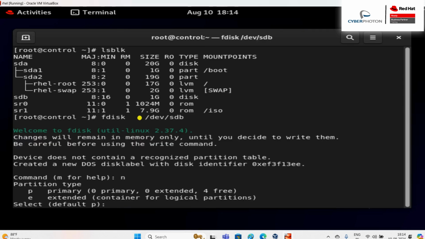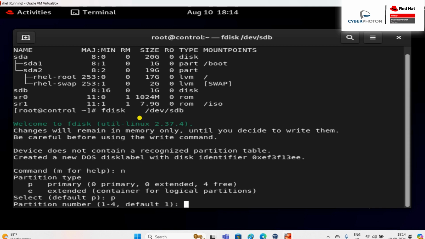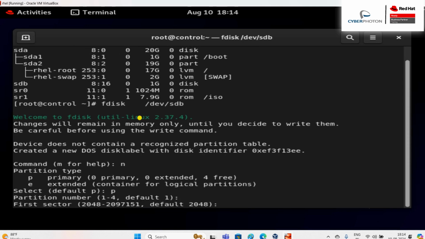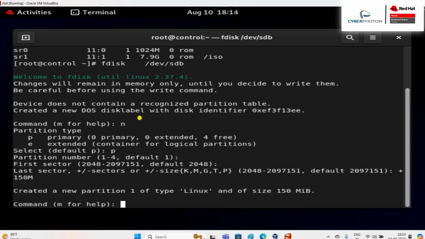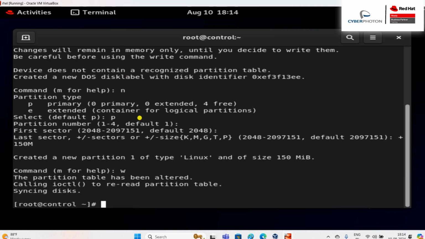Then for creating a new partition, type p for primary, then just hit enter to take the default one. First sector, leave as it is. In the last sector, just add the size, what size you want to allocate for your partition. So 150 MB of size we are allocating for our partition here. Just hit enter. Now the partition got created. Now just save. Write, w. Then run the command